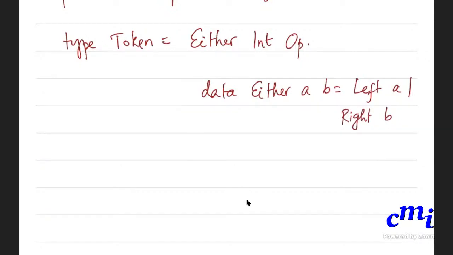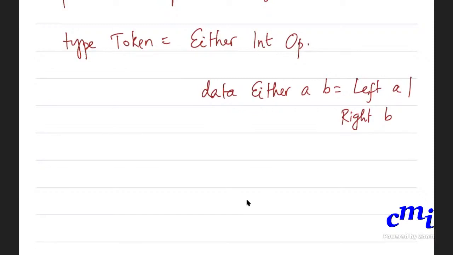And the type constructor is Either, and it takes two types as arguments. So you can have Either Int Bool, Either Bool Char, Either this or that, whatever. In which case you need a tag to distinguish whether it is the left type or the right type, and you just use Left and Right as the tags.